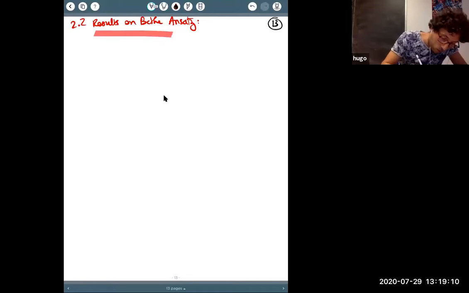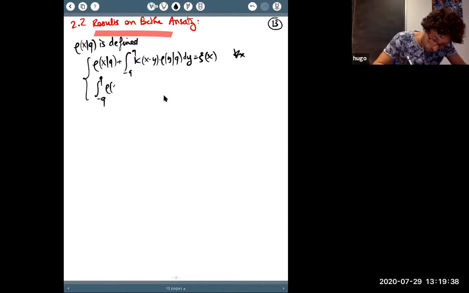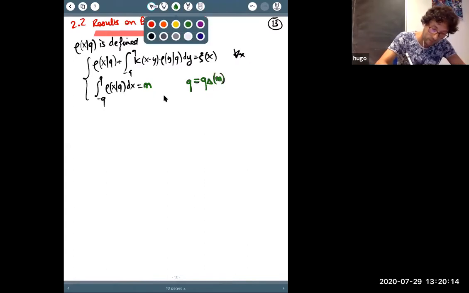Again, maybe I remind you, rho of x q is defined by solving this equation, and having this thing that the integral from minus q to q of rho of x q dx is equal to m. So, maybe I should state it differently. Okay, rho of x q is solving this, and in this case, I write q equal q delta of m. So for every m, I can try to solve this. I end up with a function rho x q, and the q is called q delta of m. Okay, so first theorem,